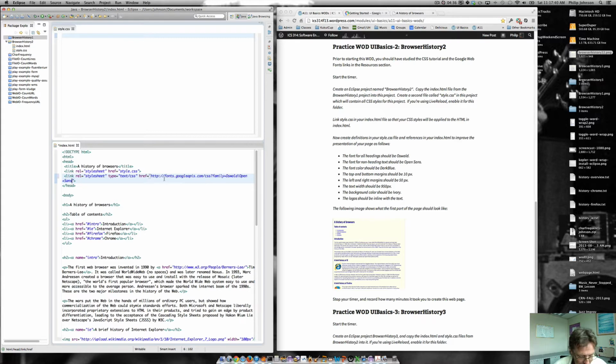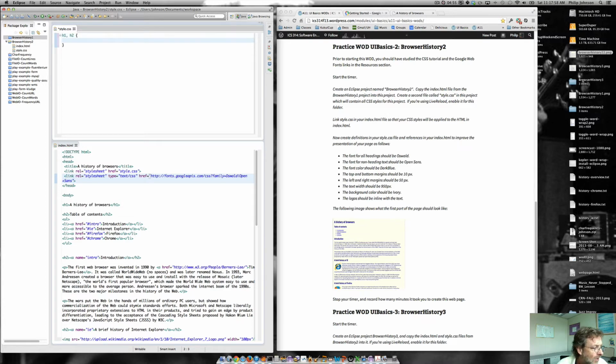And so now we should have those two fonts, and now we've got to say heading should be Oswald. So we've got H1 and H2. We're going to say H1, H2, and then font family, colon, Oswald, and Oswald is a sans serif font,